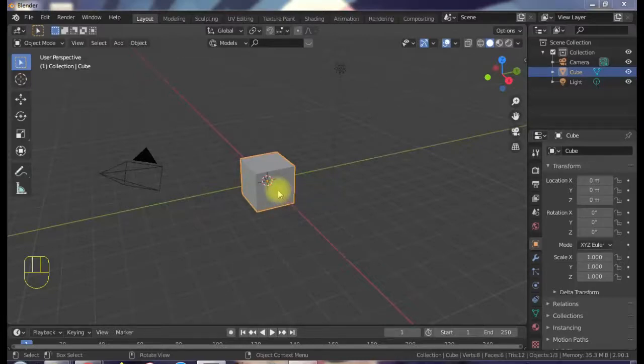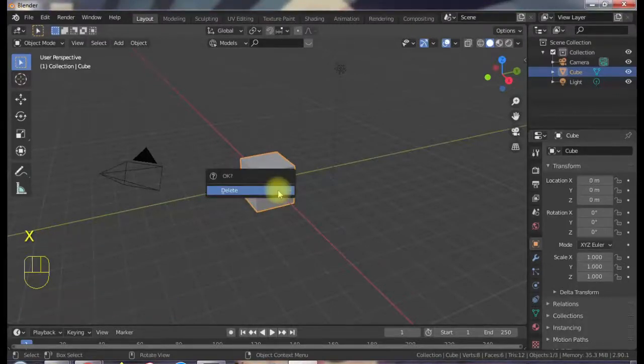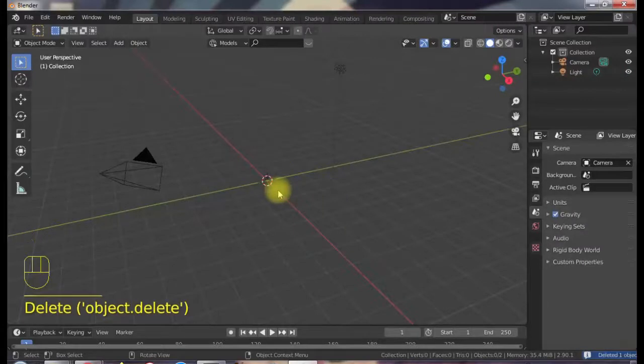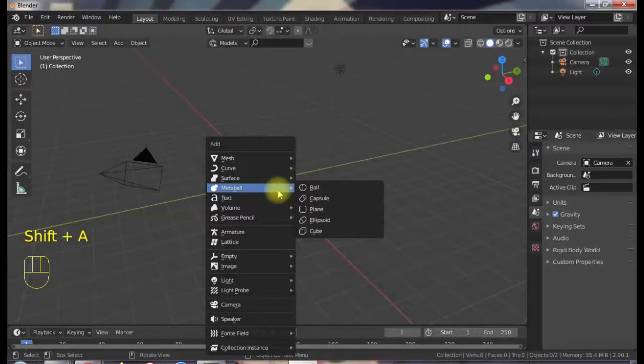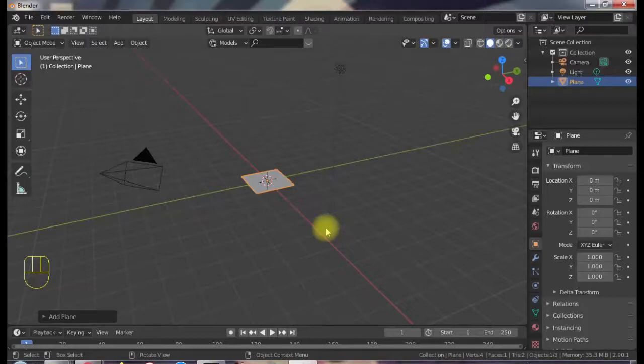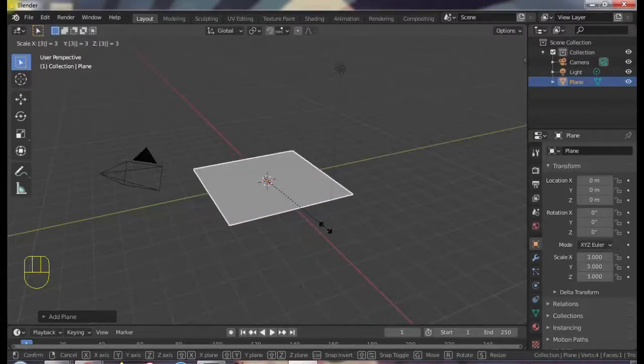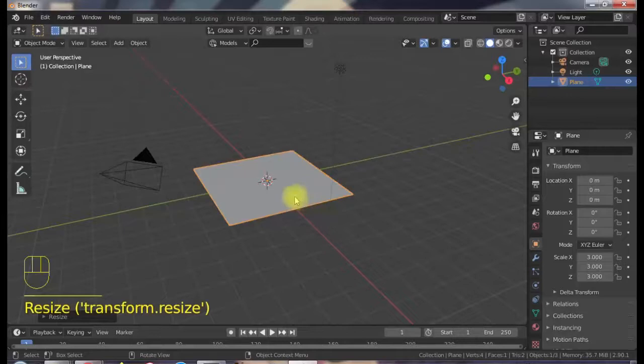Now we are going to delete this cube. Select this, press X, delete. Now we are going to add a plane. Shift A, mesh, plane. This is very small, so we are going to scale it by 3 times. Yes, and 3. Enter. Now we have to enter into edit mode. Press Tab,